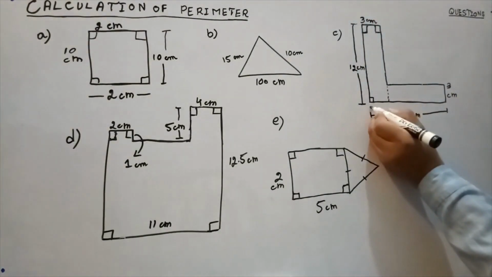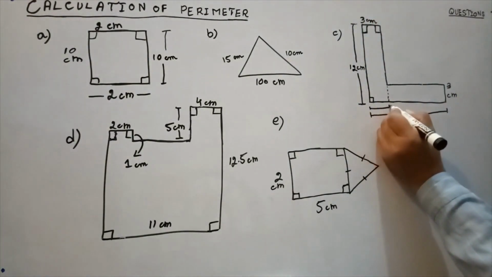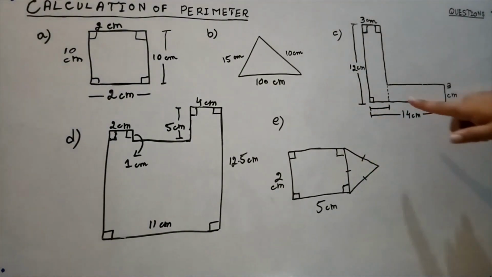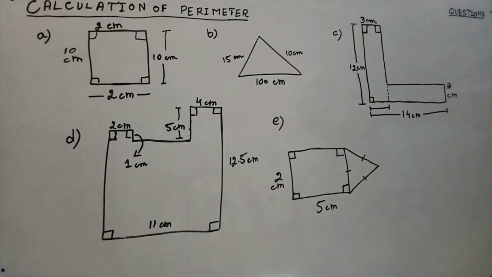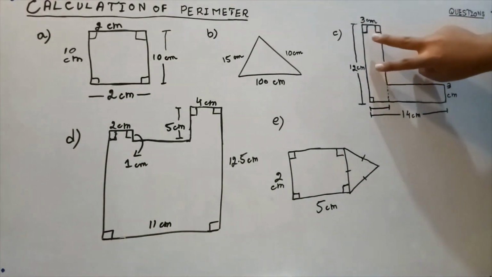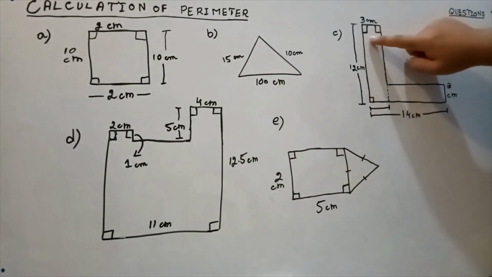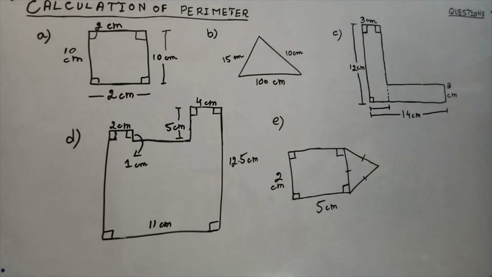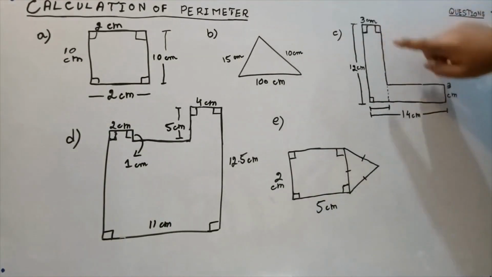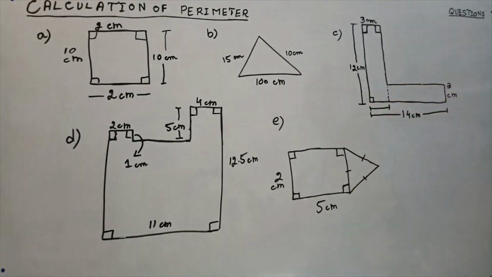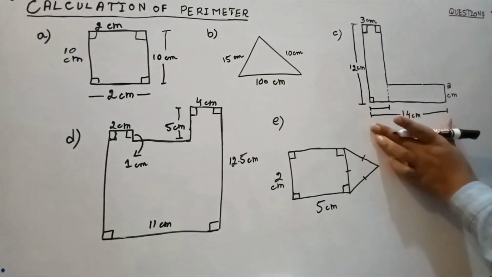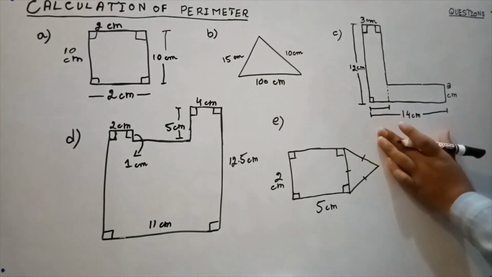It means that this length is actually 3 centimeters. Clear? Why? Because here we have a rectangle. You can see we have right angles, 90 degrees in the corners, so it means that opposite sides are of equal length. Because here we have 3 centimeters, this length will also be 3 centimeters. If this length is 3 centimeters and this whole length is 14 centimeters,